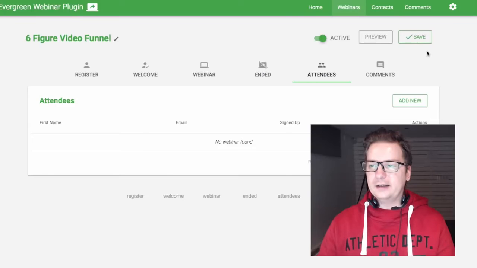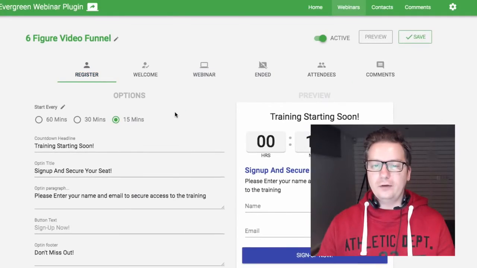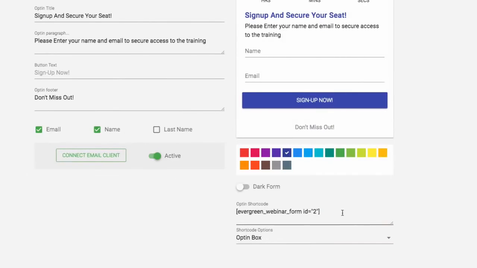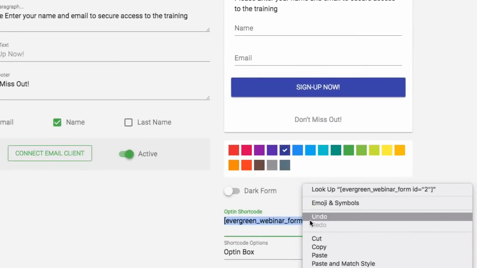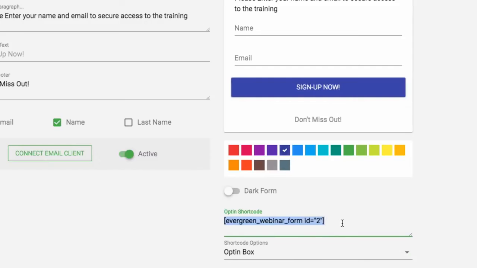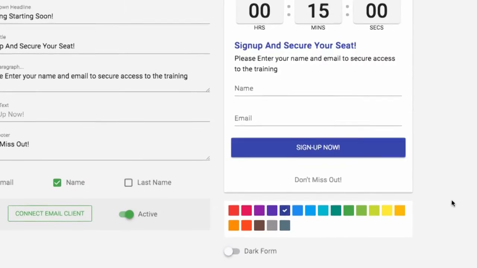But this is actually ready to go. Let's go ahead and activate this. And now to get started, all I need to do is go over here to register. I'm going to grab my Evergreen webinar plugin shortcode. And I've also got some shortcode options. So if you opt in